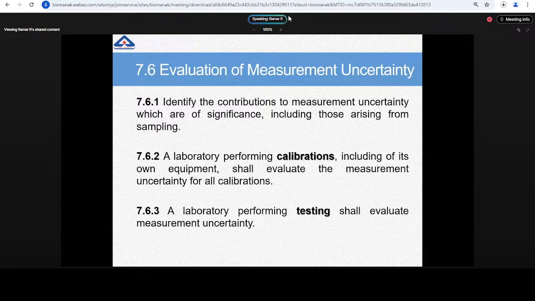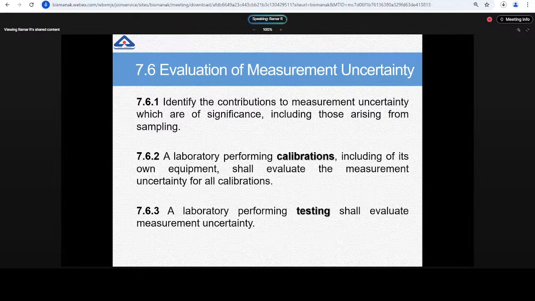If it is not given, then we have to assume whether it follows a triangular distribution or a rectangular distribution. Accordingly, the divisor will be different from 2. It may be root 3 or root 6. Or if the number of trials is given, then accordingly you can use the Student's t table also for finding out the factors. So like that, you can calculate the different standard uncertainties from different sources. Once you have calculated the standard uncertainty for all the contributing components, then you have to convert this standard uncertainty into